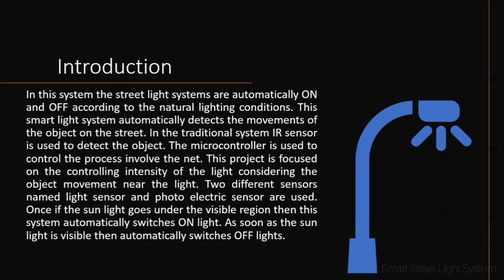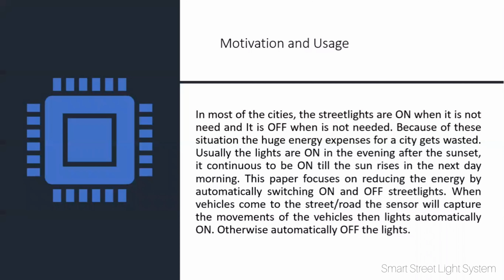So, introducing this project, the Smart Streetlight System basically works on a system which handles the streetlights automatically based on various sensors. In this project we have used an IR sensor and an LDR, which is a light detecting sensor. The motive of this project is that it is used in many smart cities these days to prevent high cost of electricity and high cost of energy.